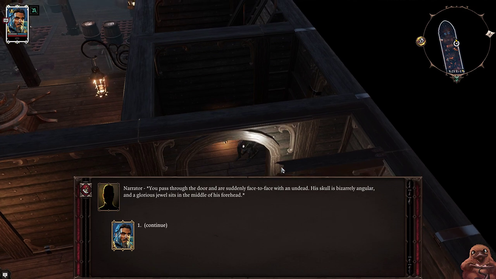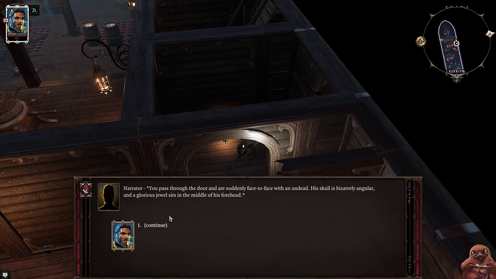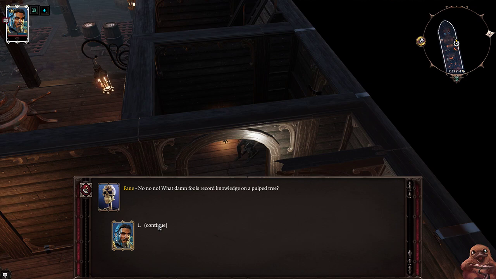You pass through the door and are suddenly face to face with an undead. His skull is bizarrely angular, and a glorious jewel sits in the middle of his forehead. The skeleton is quickly leafing through a volume of Cranley Hubert's famous encyclopedia, muttering to himself. All right. No. What damn fools record knowledge on a pulped tree? It catches fire, it turns into must when wet, it cannot even resist acid. The skeleton looks up and notices...